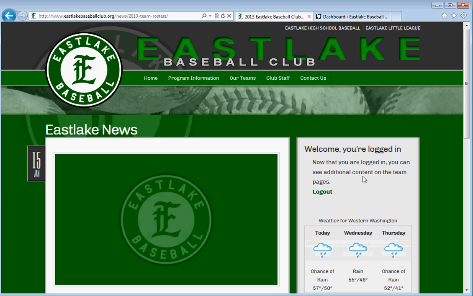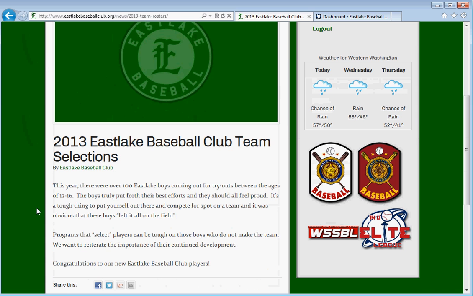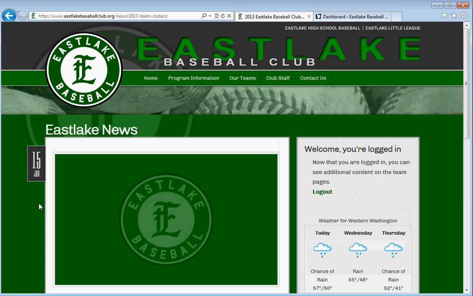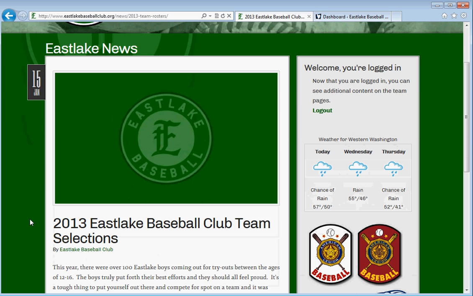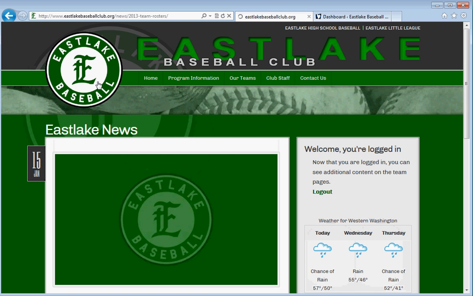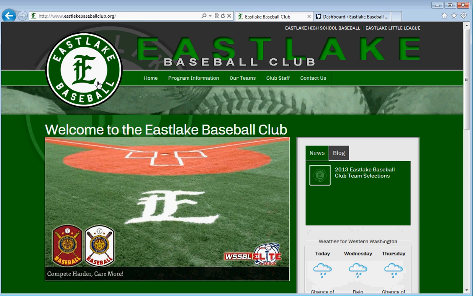So I'm clicking to see it, and here's our news page. We've got the title, the story, and this section here is actually a featured image area where this news item, they didn't put in a picture, but it's always nice to have a picture related to the story, whether that could be an action shot from a game in this case, or some type of generic baseball photo that you have the rights to use that you might find on the internet. We'll talk about the sizing on that when we get into the back end of the WordPress,